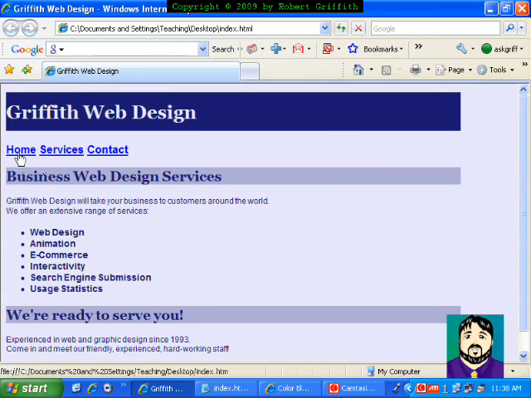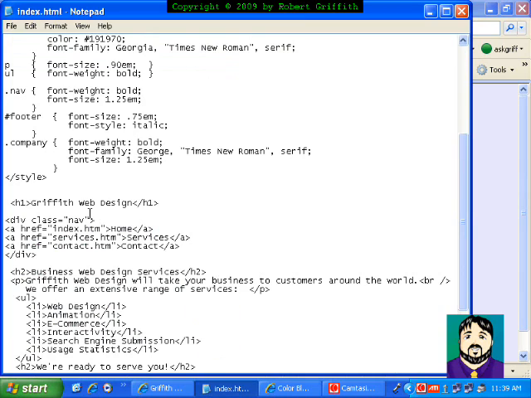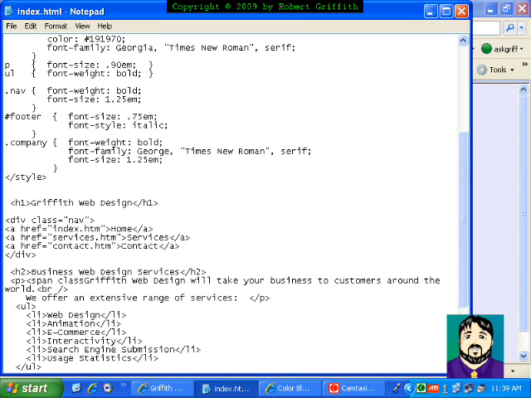And I don't really want to change my header company name. I want to change this company name. So that's hopefully what you'll be seeing change. Let's jump back here. And so down here in the paragraph, I'm going to put a span class equals company. And then I want to end my span after this. So I'm going to end span. So you see that if I had used a div, it would have put a break before and a break after. And I want to do this